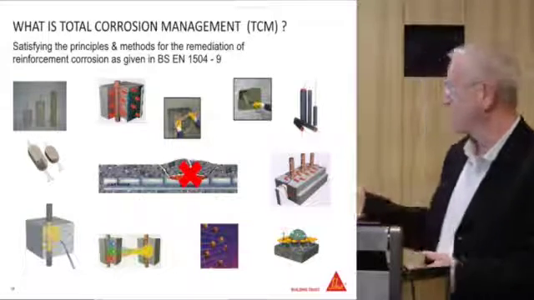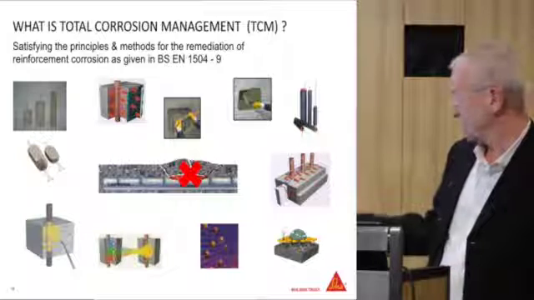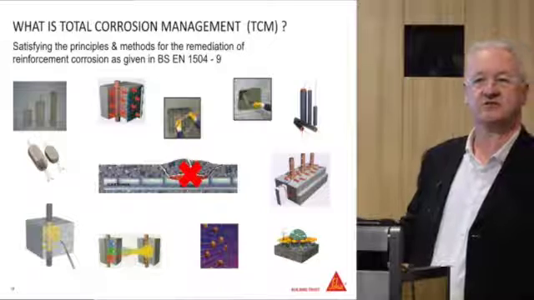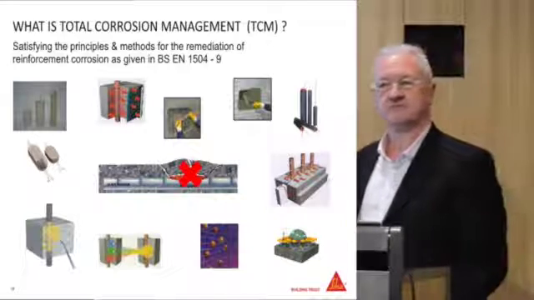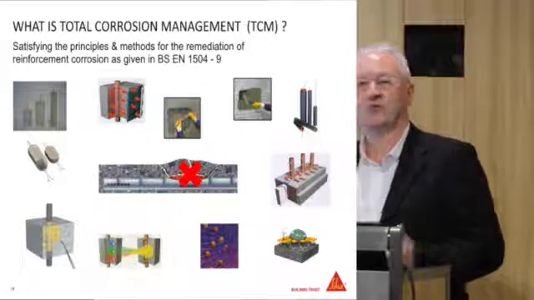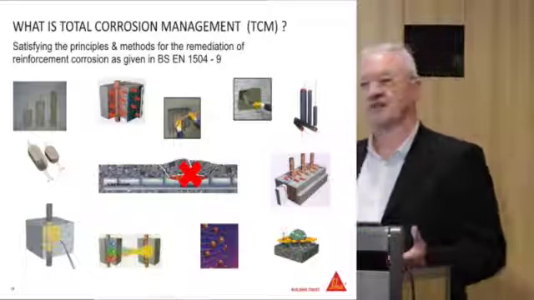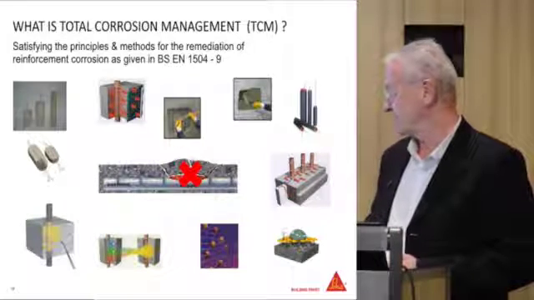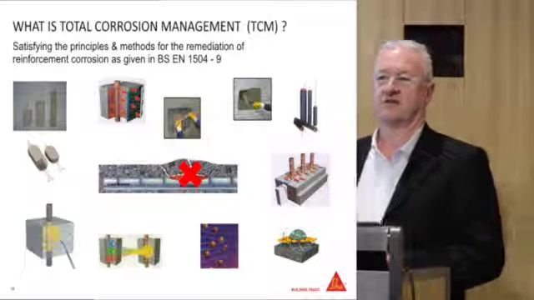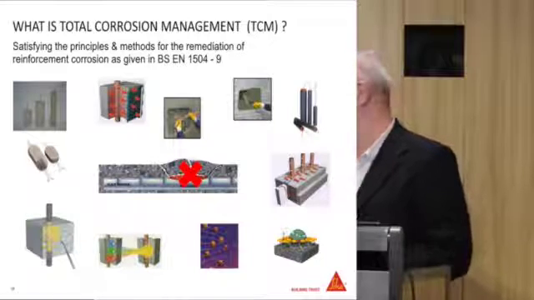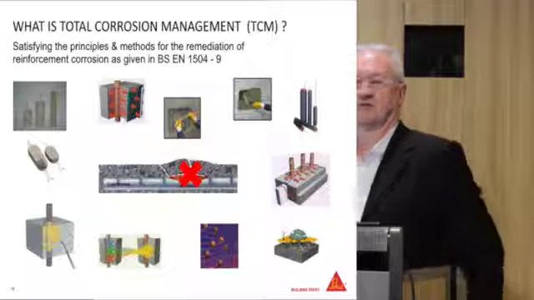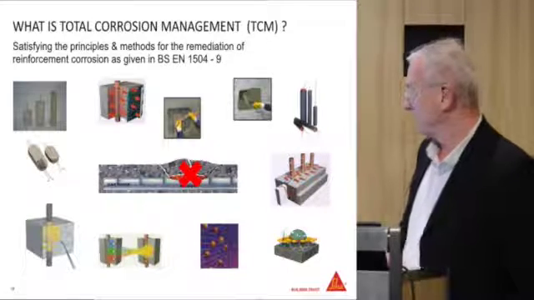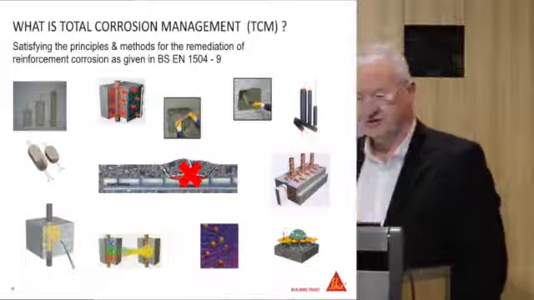So whether we have a situation where we already need to repair something, we know we can do this, but we also want to avoid it in the future. So what we want to do is have a toolbox, and depending on the situation, allow us to keep these areas cathodic rather than turning them into anodic sites and then having this cause a problem again in the next 5 or 10 years. So 1504 Part 9,